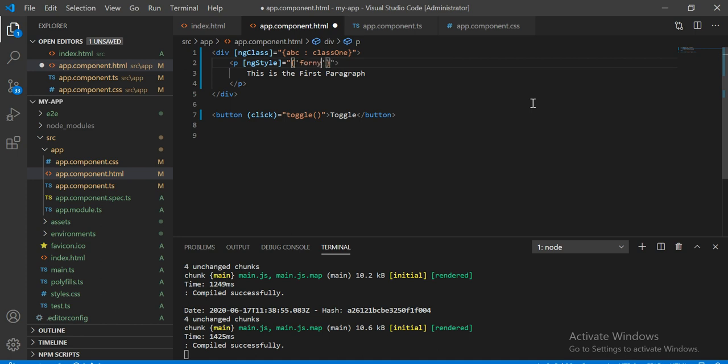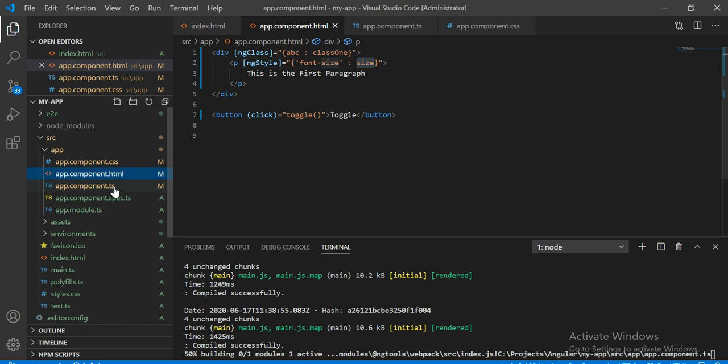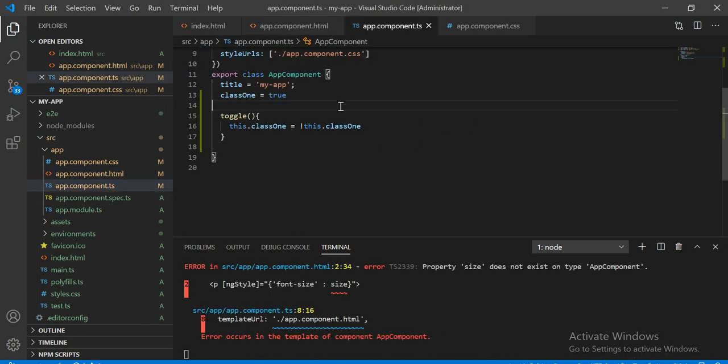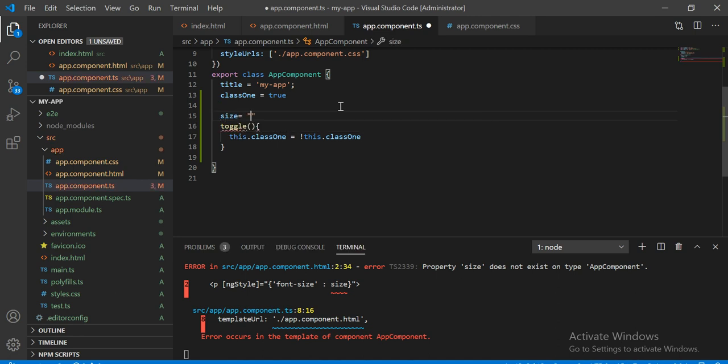Let's say we have font-size, and this font size belongs to some variable. Let's say the variable name is size, and we have to define that same variable with some value. Let's say 16 pixel,